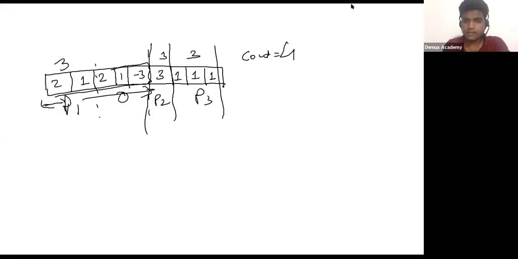Do you understand this? Should I explain it? So this is what I meant when I said the count. The count will be 4, right? It will be 4. It won't be 3. Suraj, the count will be 4 because